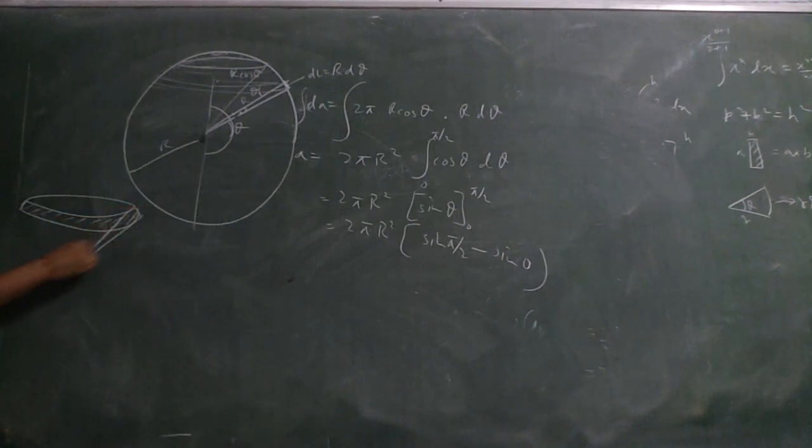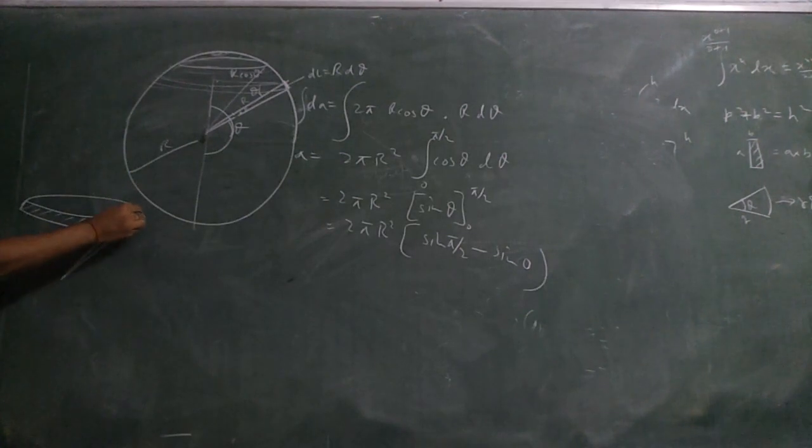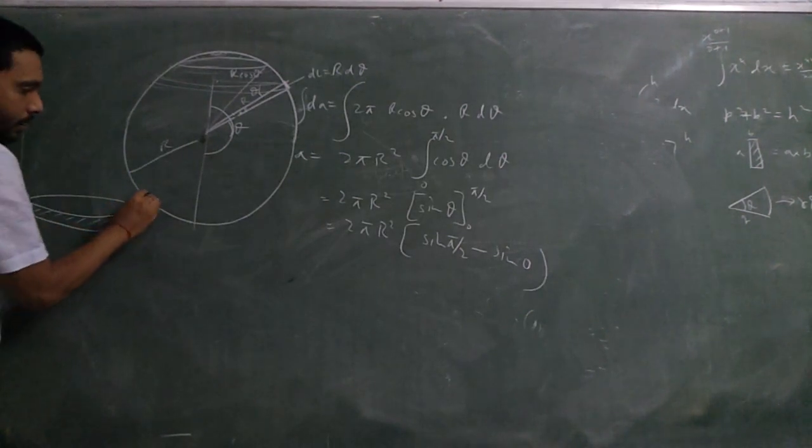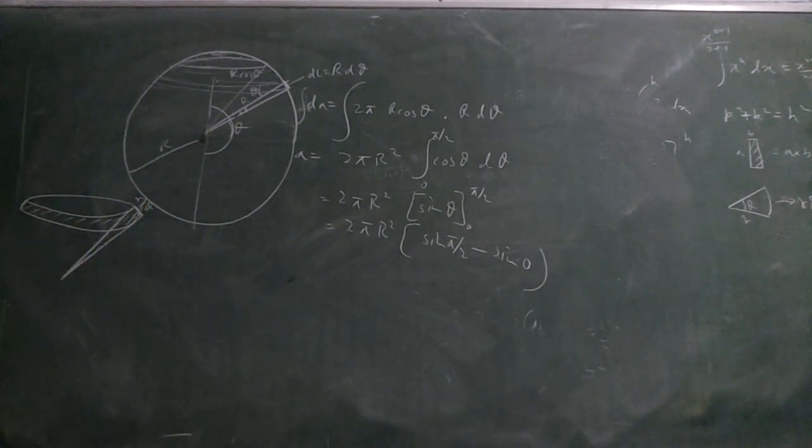This angle was d theta. So this slant length is how much? R d theta. Okay, the slant length. Get the point? Previously we had a vertical length of dx, so we had to make it into slant length by doing a cos, sec, cosec, cosine like that. But it is already a slant length of r d theta.